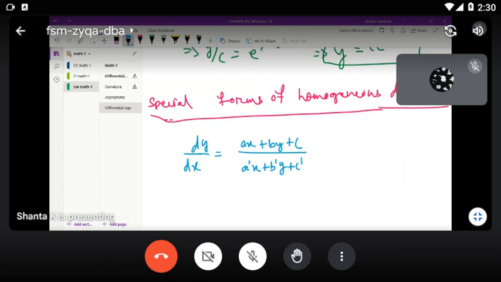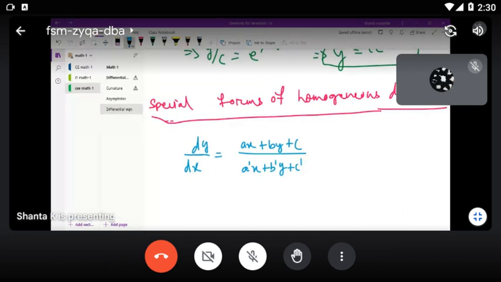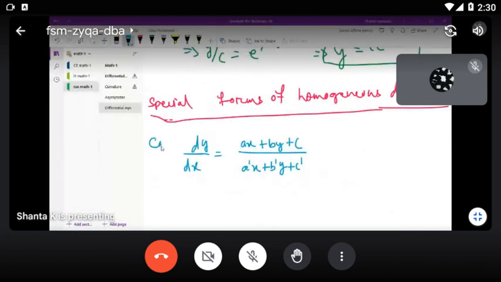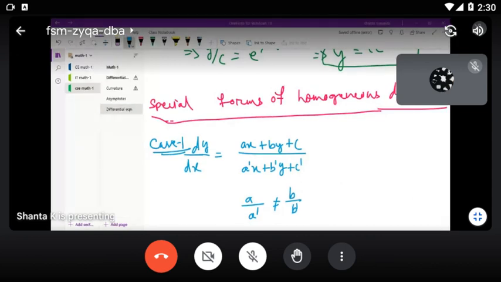Okay. So if this is the form, this is case 1. So here, one thing you have to make sure: a by a dash not equals to b by b dash. Okay. So if this happens,